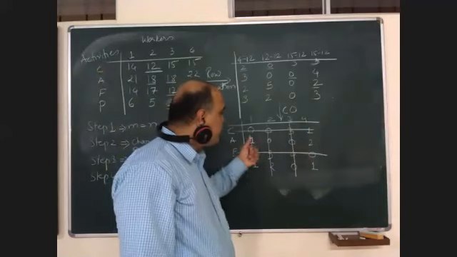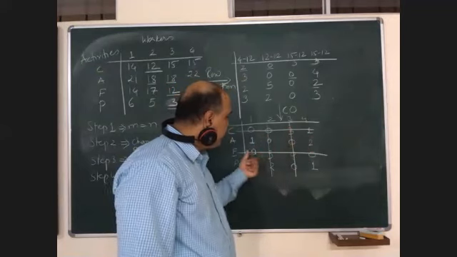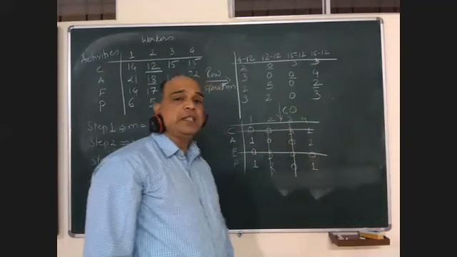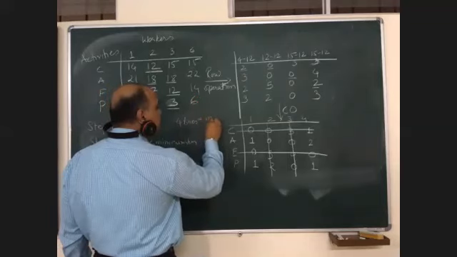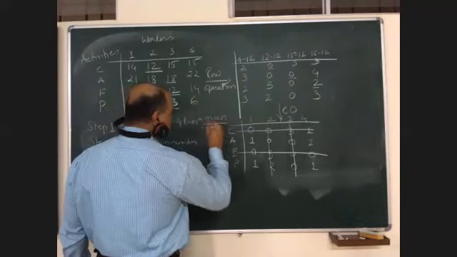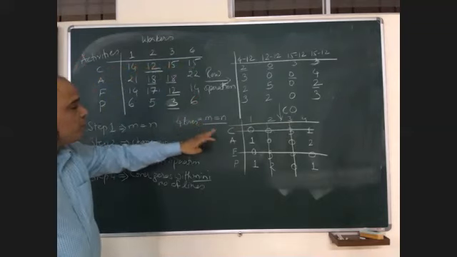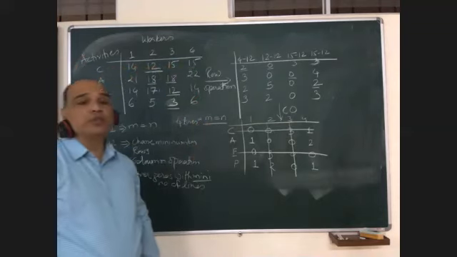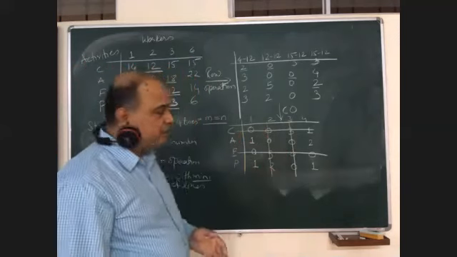But how many lines we have used? One line, two line, third line, and this is fourth line. How many lines? 4 lines. This 4 lines should be equal to either number of rows or number of columns. Check. 1, 2, 3, 4. So 4 lines, it means we got the solution. The moment we get 4 lines, it means we get the solution.